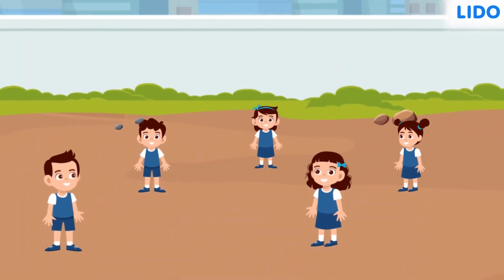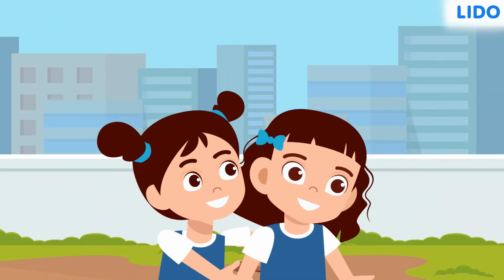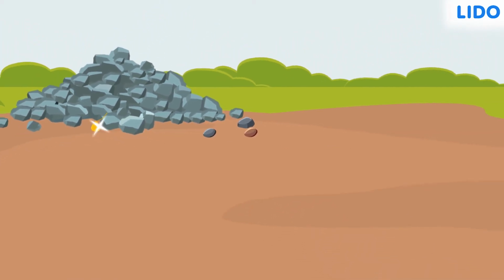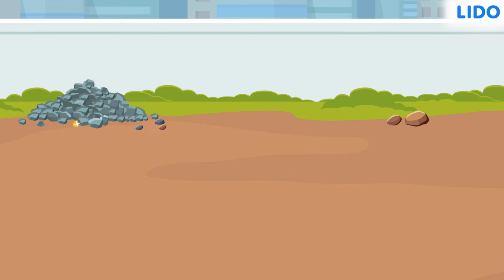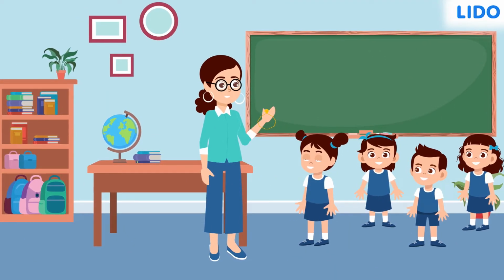After having lunch, Ria started playing with her friends on the school ground. While running to catch hold of one of her friends, she saw a glittering chain lying along with the stones in one corner of the ground. She picked it up and handed it over to her teacher.